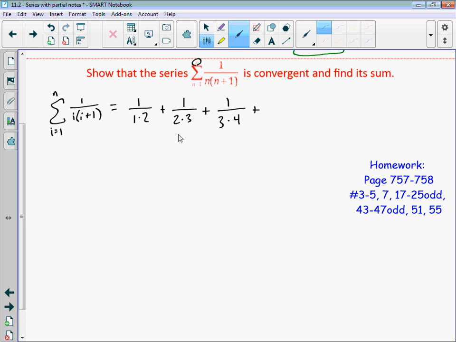Now, is this geometric? So it starts with a half, then it goes to a sixth, and then it goes to a 12th. No, because it's not multiplying by the same amount each time. So we can't find its sum just because it's geometric and using our r value. So we've got to come up with a different way, and that's why we're replacing this. So the very last term, if I plug in n, would be 1 over n times n plus 1,